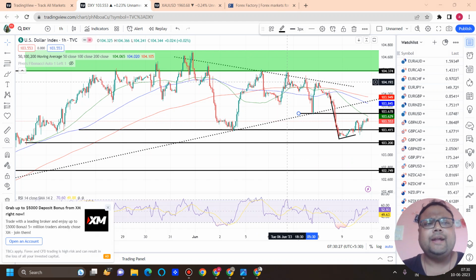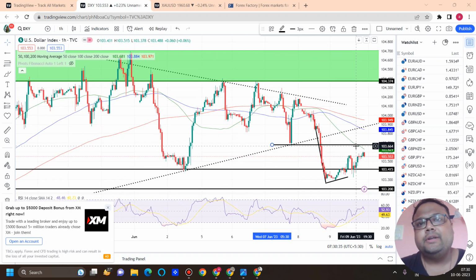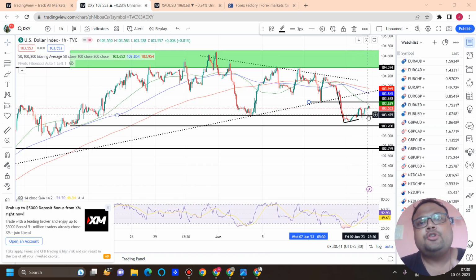So in simple words, as the buying power is missing, the power of the bulls is missing, we are expecting that if DXY tries to go up, the resistance will be working. If market reverses, we can plan our trades accordingly. In case there is a sudden drop on DXY by Monday, we can expect 103.40, 103.20 to act as the next immediate support. That's all about DXY.